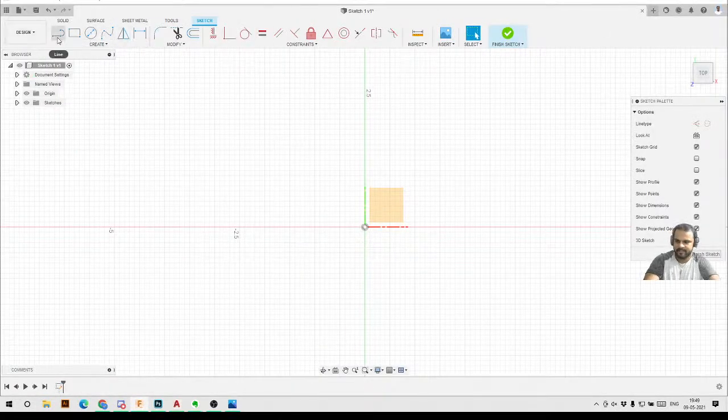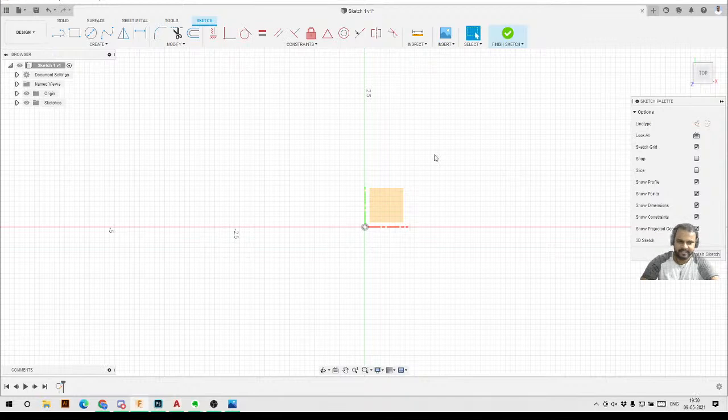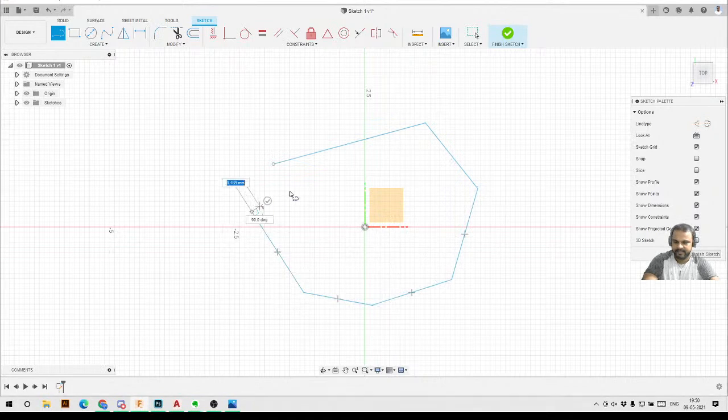So the first tool is here. You can see this is the line tool. By selecting this tool, you can create simple lines, like straight lines. So I will just activate the tool, and here you can see, every time, until I press escape on my keyboard, I will be able to make lines just by assigning the second points,